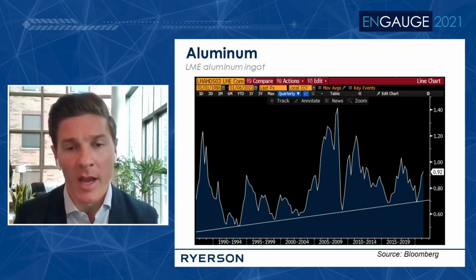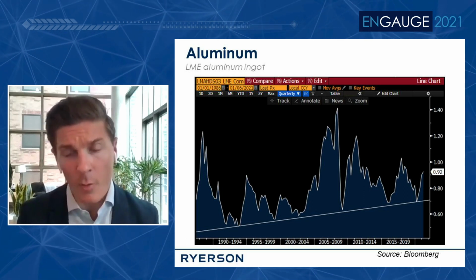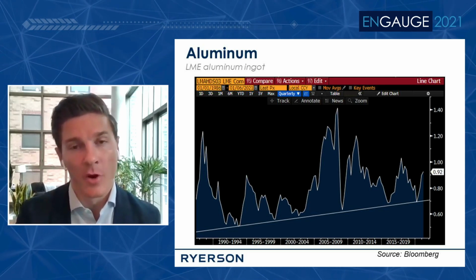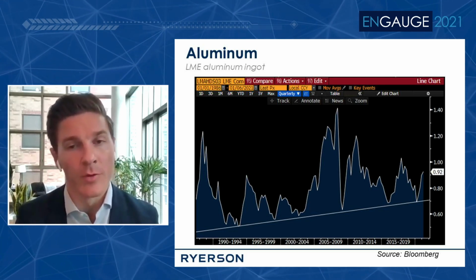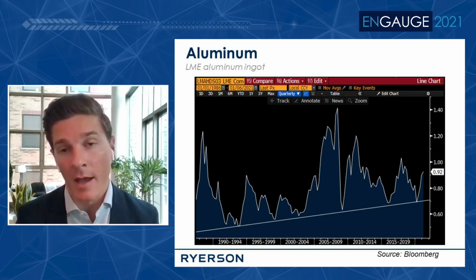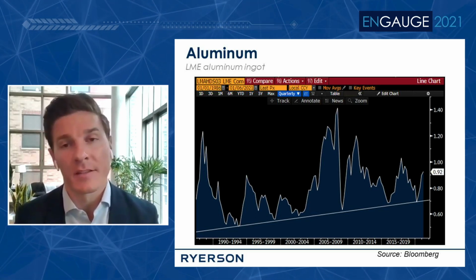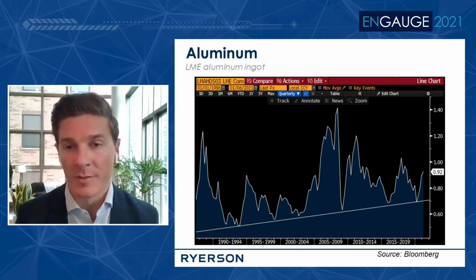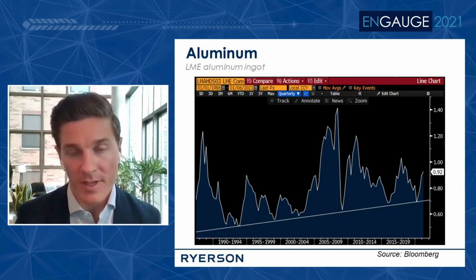This chart goes all the way back to 1985. And what you can see is that every time the price of aluminum ingot has dipped down to that price level, it's acted as support. And it makes a lot of sense because when we think about how aluminum is made, aluminum smelters at some